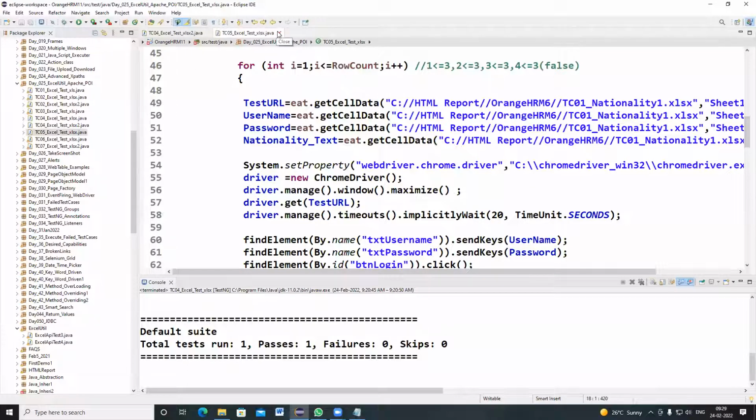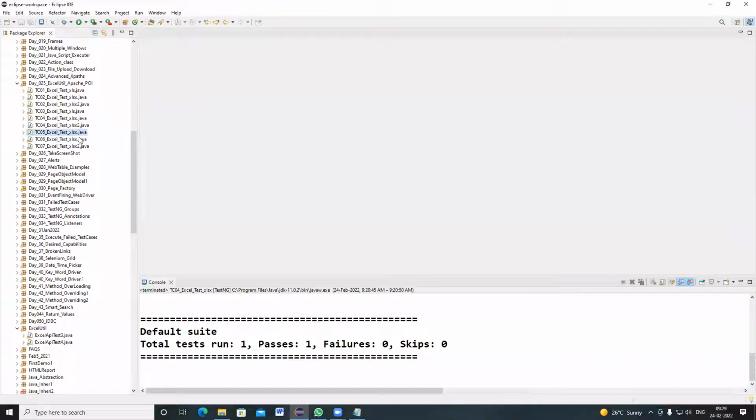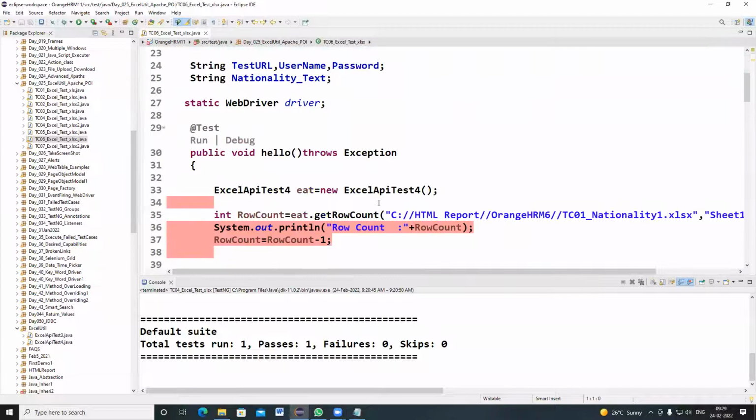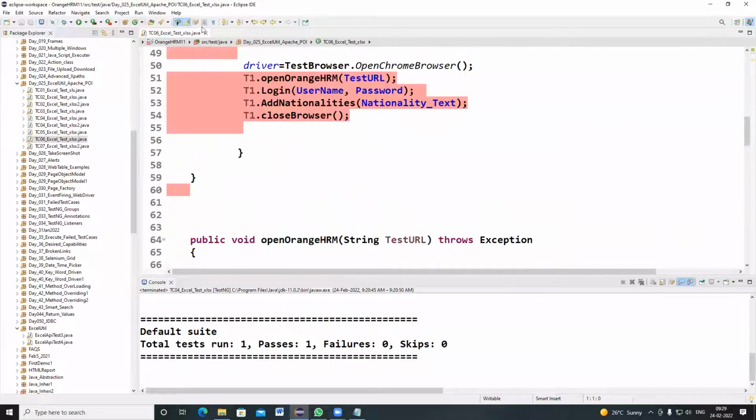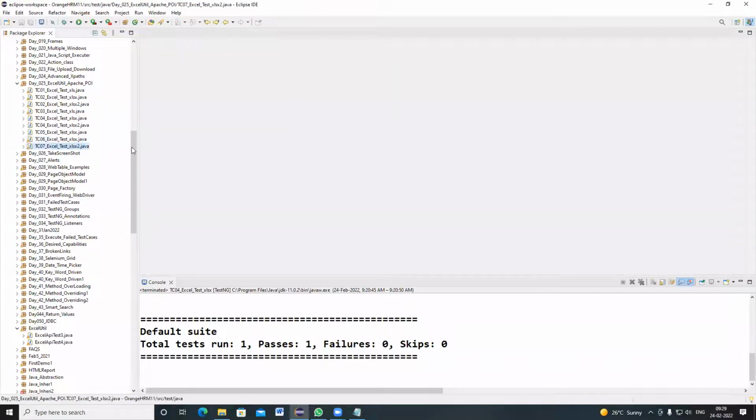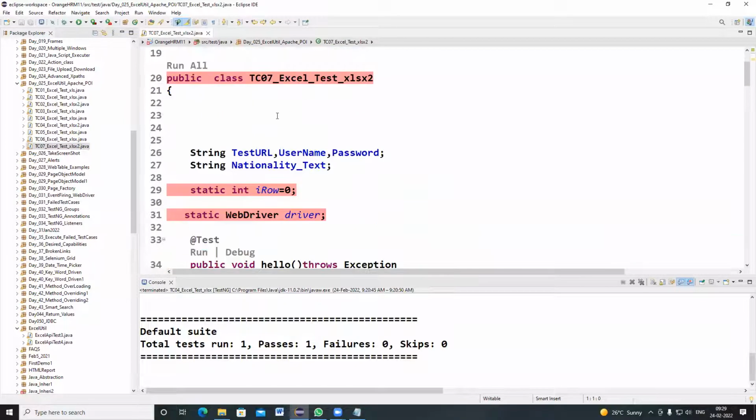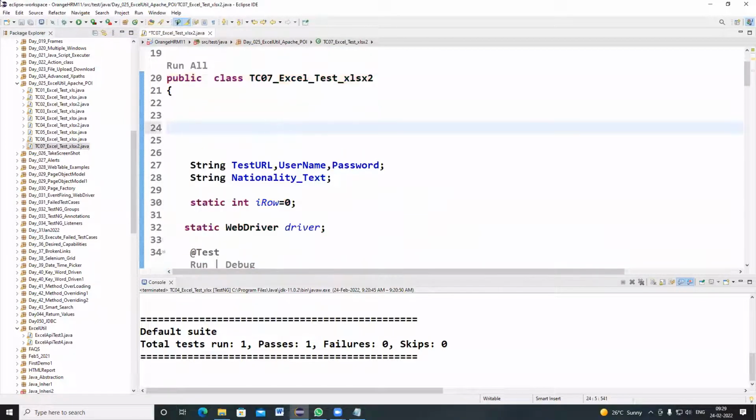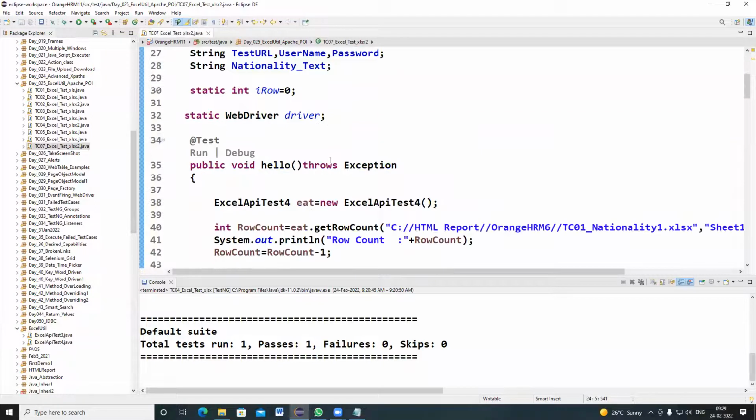Yesterday this class also we discussed. Lab number 5 also we had completed. Lab number 6, this is also completed. Lab number 7. In lab number 7,